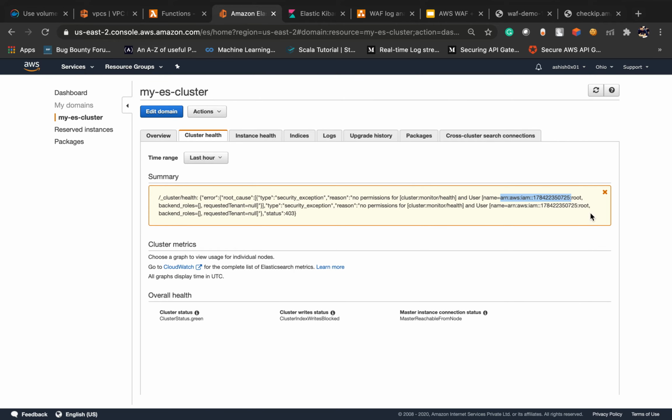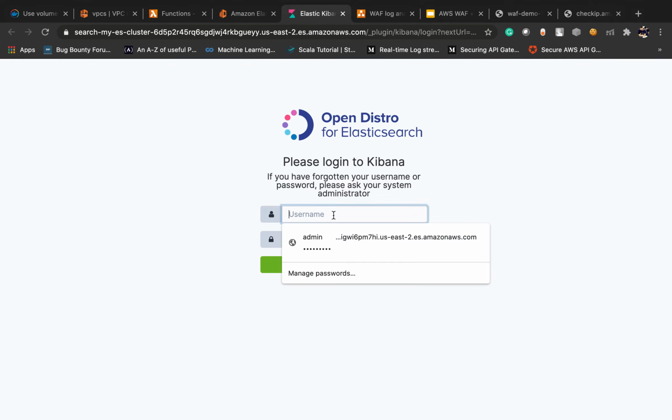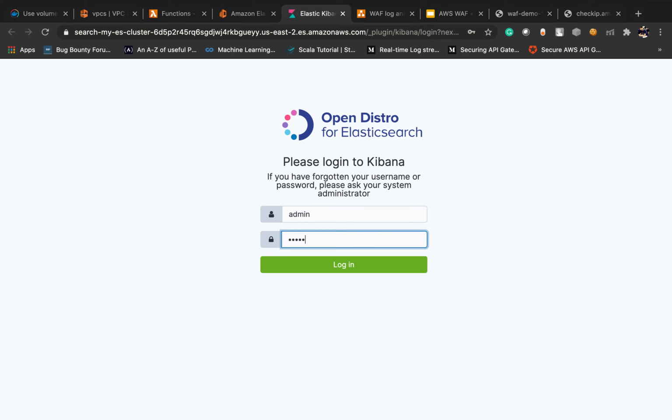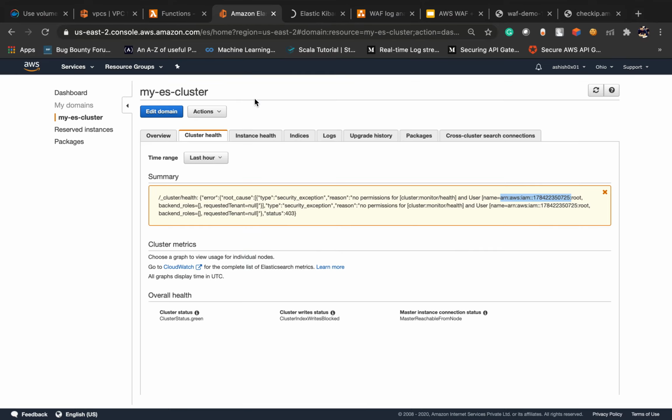So what we need to do is copy this one, and here enter admin and our password. Just log in to this Kibana dashboard, and after that you have to make one change on role binding. After that you will not get this error.